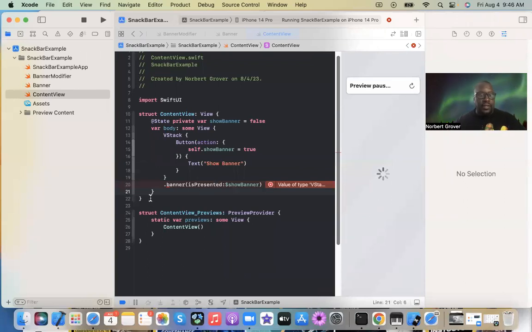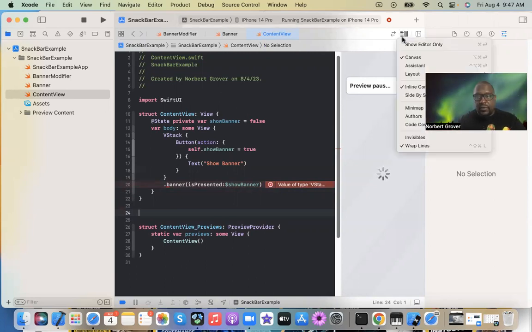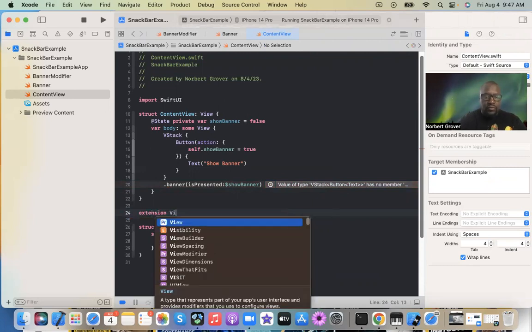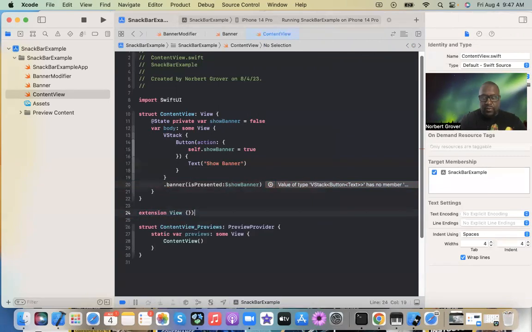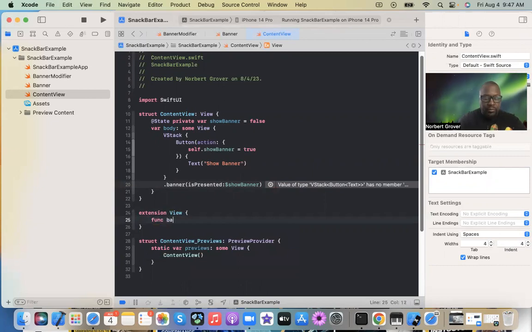Okay, so I forgot one thing. Let's go ahead and make an extension on view, because this is saying VStack has no member. Get rid of that canvas. So let's make an extension on view so it has this member. Extension view, func banner,